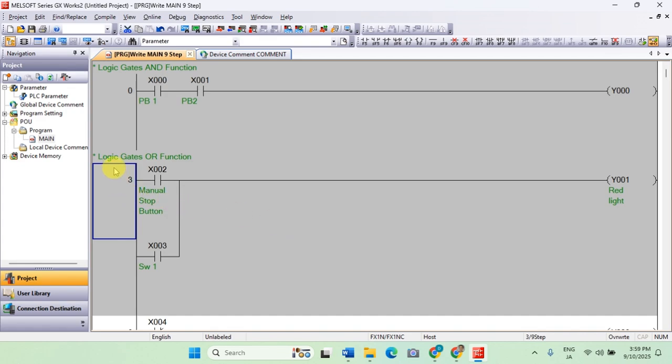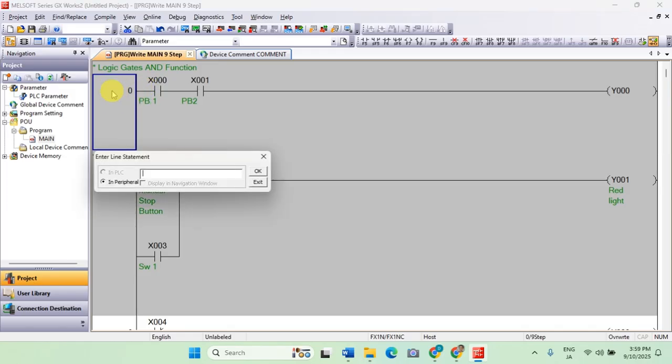Actually, you can add another statement on your rank. How do you do that? You just need to double click again on the rank where you need to add a statement. Then let's say both inputs must be switched on for the output to be energized.